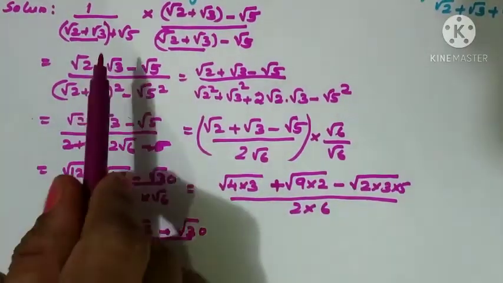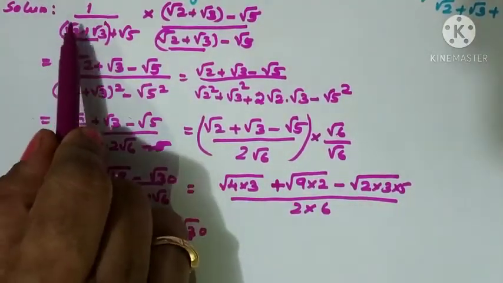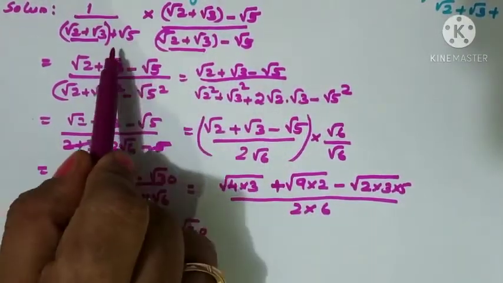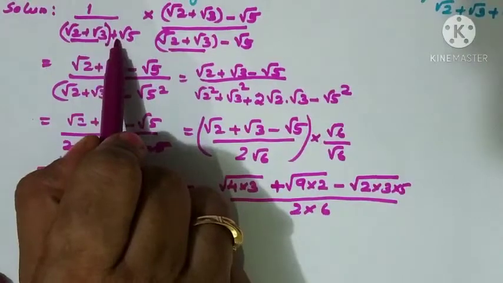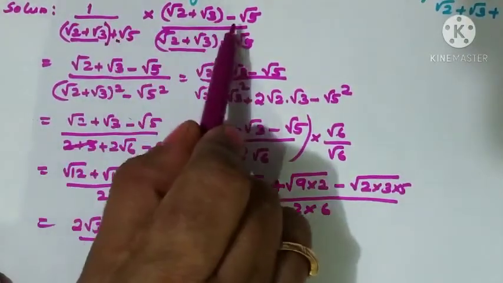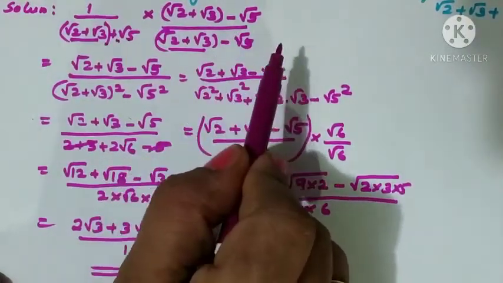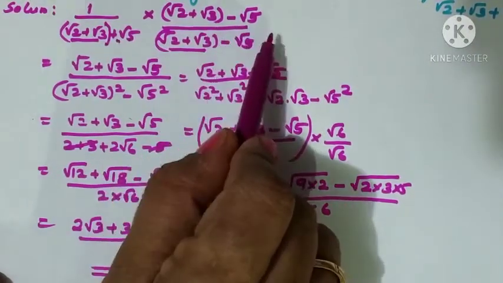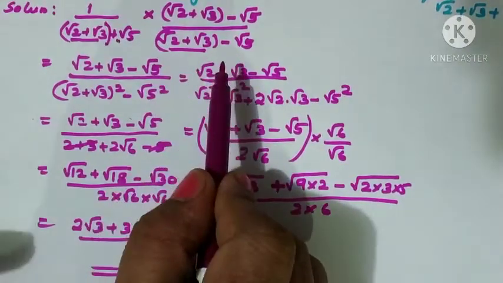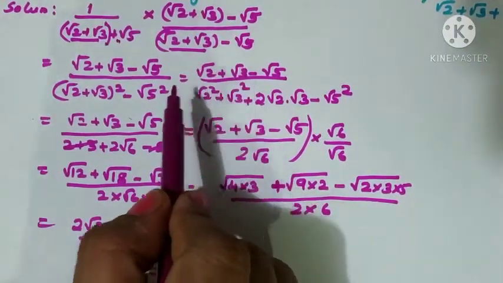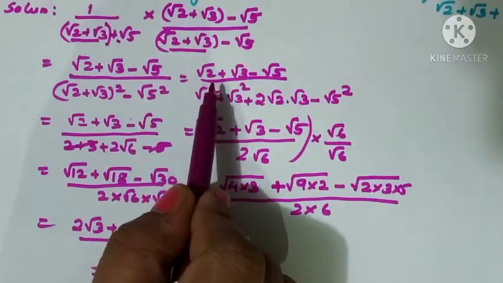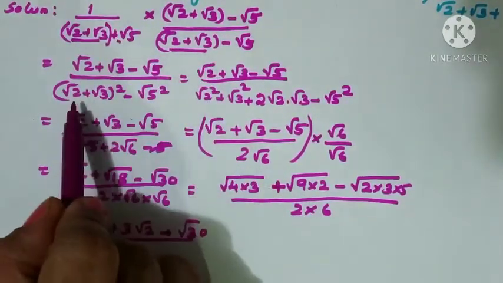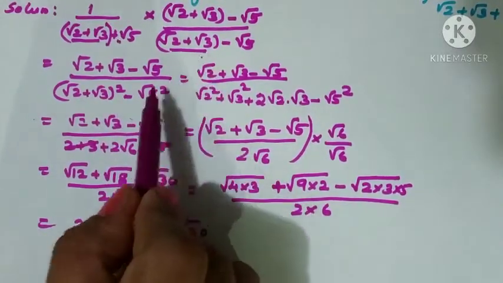Since three terms are there, we are combining the first two terms as the first term and the third term as the second. Now a change of sign takes place here because this is our second term. Here it is plus, so we should multiply and divide with minus root 5 only. That means root 2 plus root 3 is the first term, minus root 5. The numerator will not change, root 2 plus root 3 minus root 5 continuously. But here, a plus b whole square form we have to write. So root 2 plus root 3 whole square minus root 5 square.